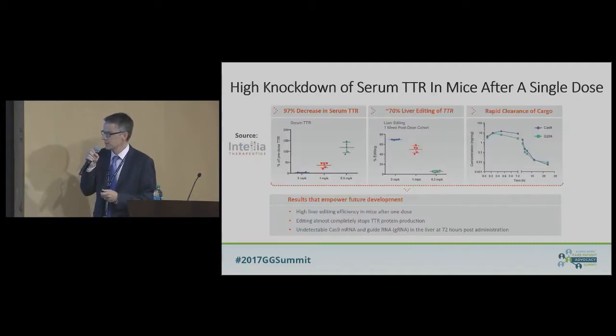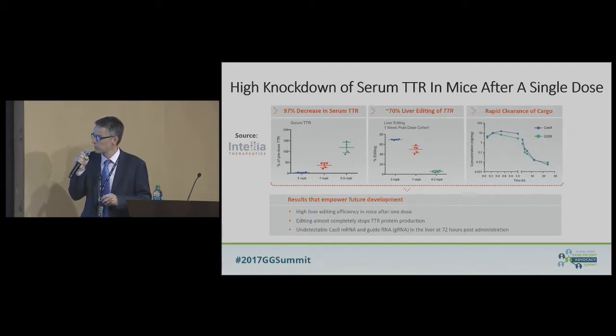So this is some of the data that we've generated in mice so far, and we've now had similar results in rats and are working on non-human primates or monkeys, with the idea that we could move forward into clinical trials in the coming years. What we're seeing is that with a single treatment of the CRISPR delivered by the lipid nanoparticles, we can get about a 97% decrease or silencing of the protein in the circulation. And that would be predicted to be